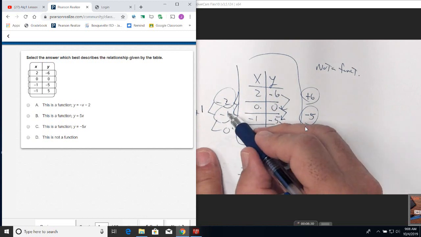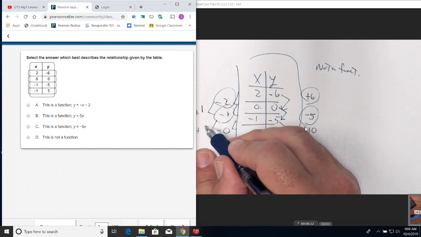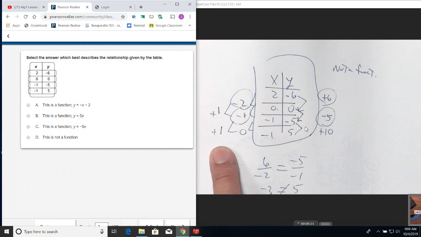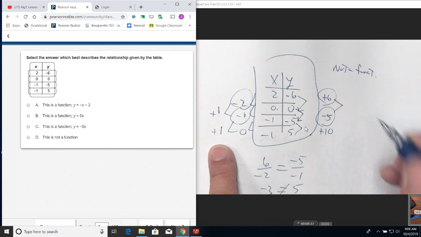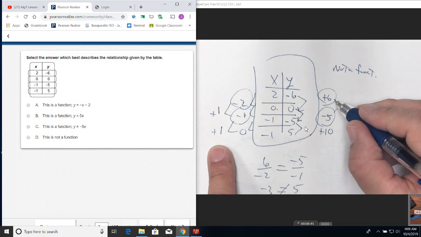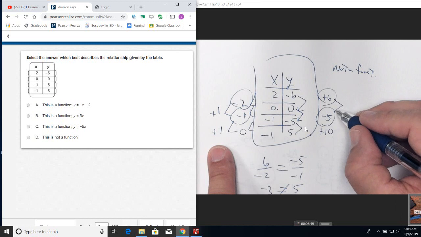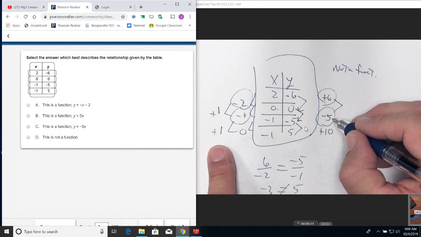From a -1 to a 0 is an increase of 1. So that's kind of helpful, right? I get the same value there. If I found the change in the second difference here, from a +6 to a -5, what is that? Is it an increase or decrease? It's a decrease of 6 to get to 0, and then another 5 would be a decrease of